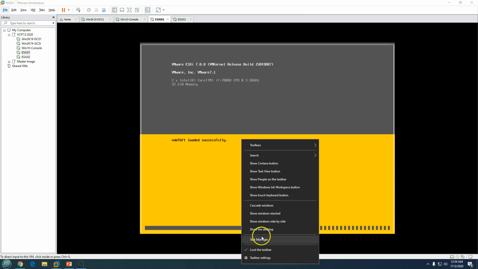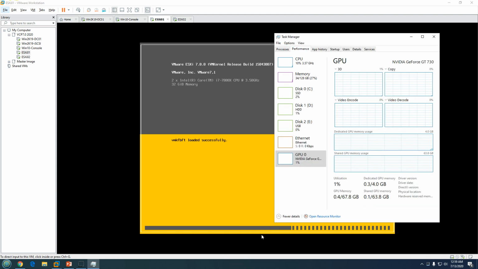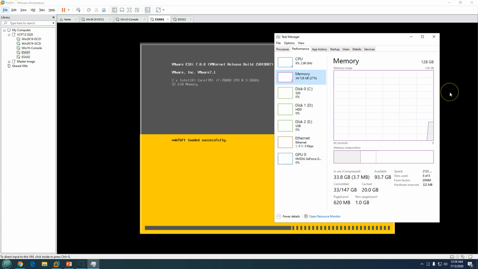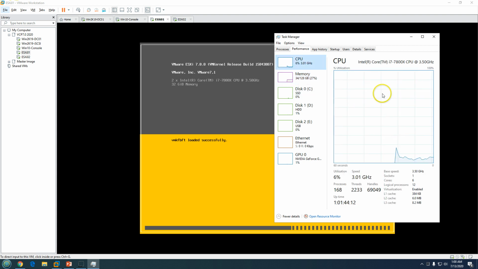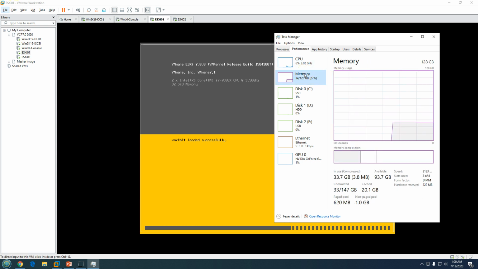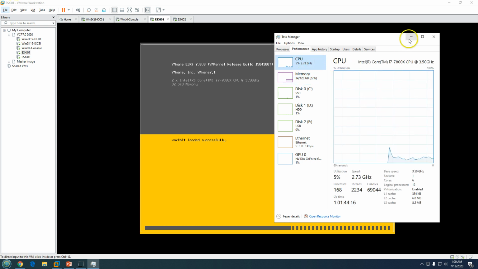If I show you my processor and physical machine utilization, you can see this is my physical machine utilization currently. It's approximately 34 gig used. Since this is a high profile machine, it's giving me a good type of overclocking for the memory and CPU both. My CPU and memory utilization are both very low for now.